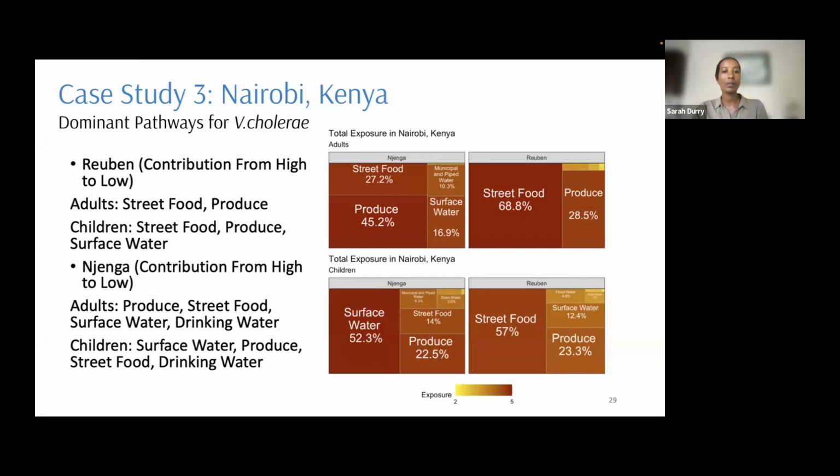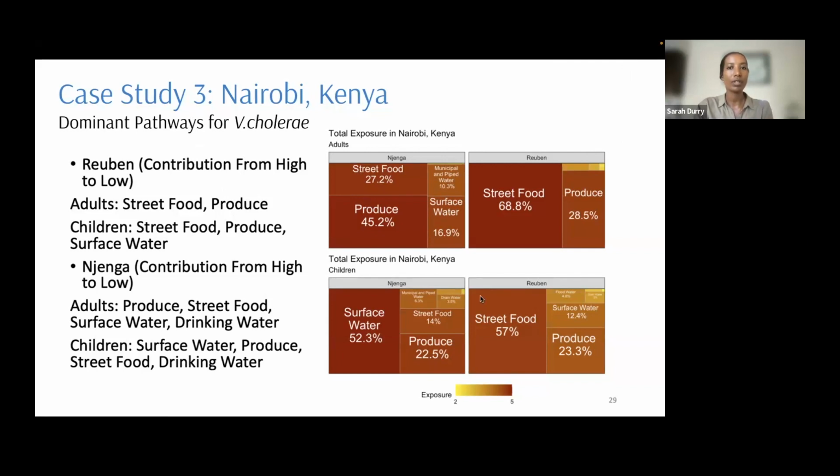We used the SaniPath exposure assessment methods to detect most dominant pathways for Vibrio cholerae in the environment. And we also used satellite mapping, population density, WASH services, and on-the-ground mapping to map hotspots. So I'll note here that these results are preliminary results for the Nairobi case study, but we wanted to show what we had so far. So in these results here, you can see